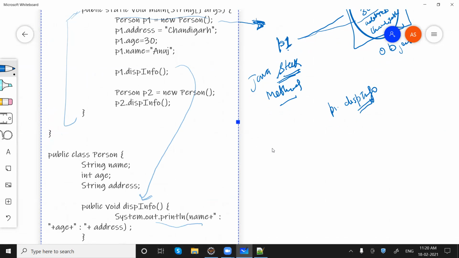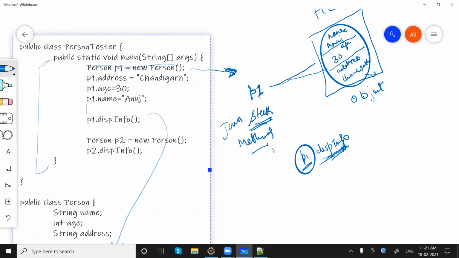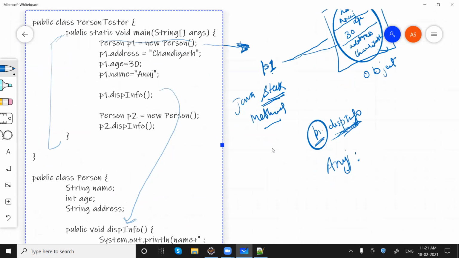System.out.println name. Which name? Who is calling this display info method? P1. That means we need to display name of P1, right? So name of P1 was Anuj, you can see here. So it says Anuj,